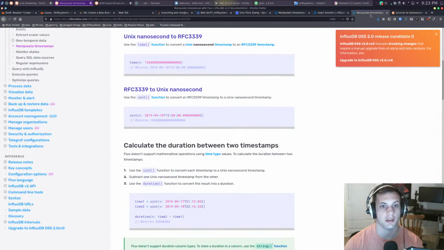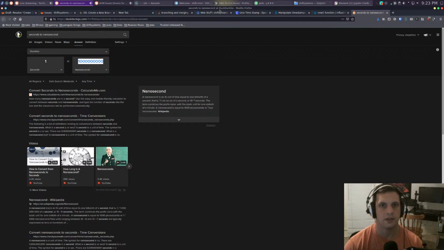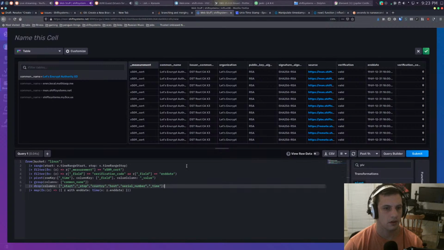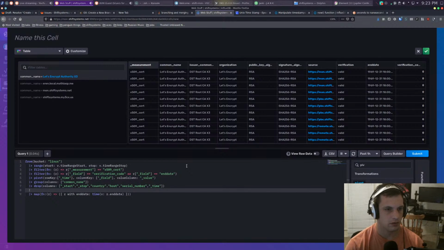So what we're going to do is convert this over to nanoseconds with a map function. So map fn r. So we're going to do a function to r where r